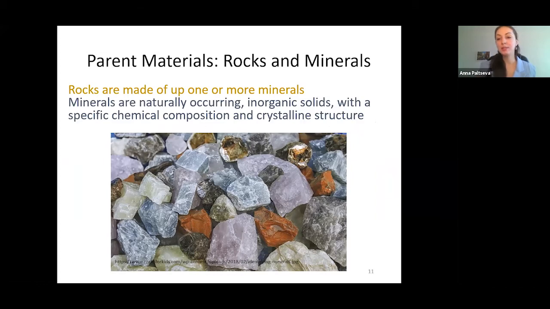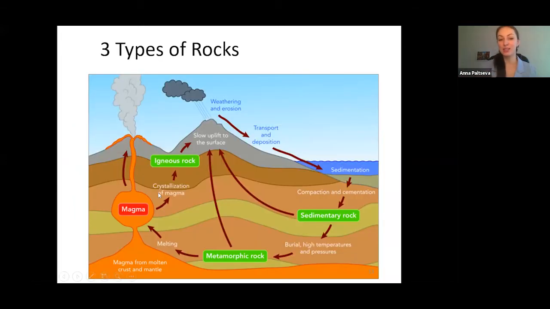And minerals that make rocks are naturally occurring inorganic solids with a specific chemical composition and atomic or crystalline structure. Igneous rocks. These rocks are formed from crystallization of magma. And this magma can cool down and solidify underground, or it can be exposed on the surface from volcanoes, and it becomes lava that will cool down and solidify, forming rocks,